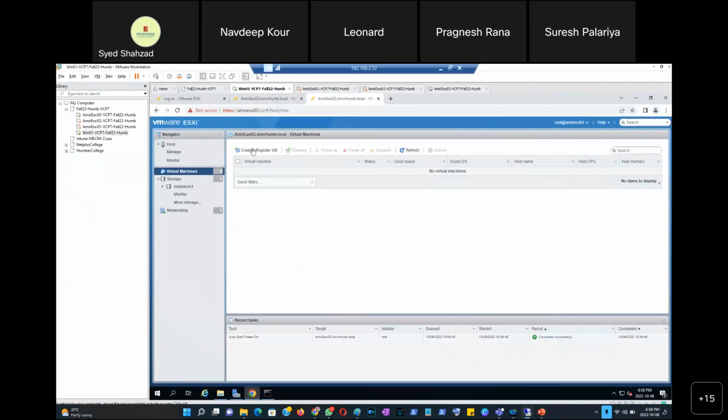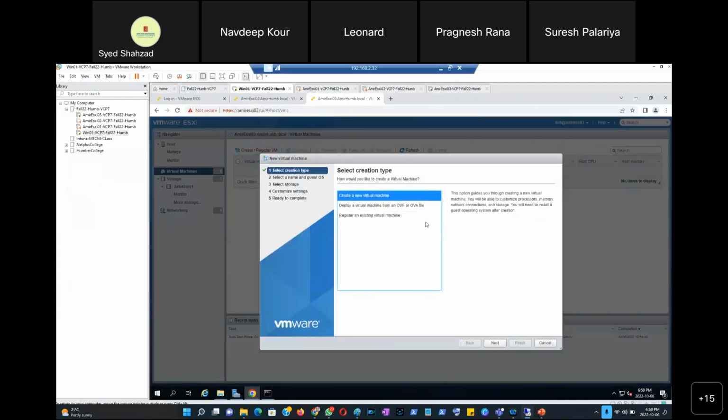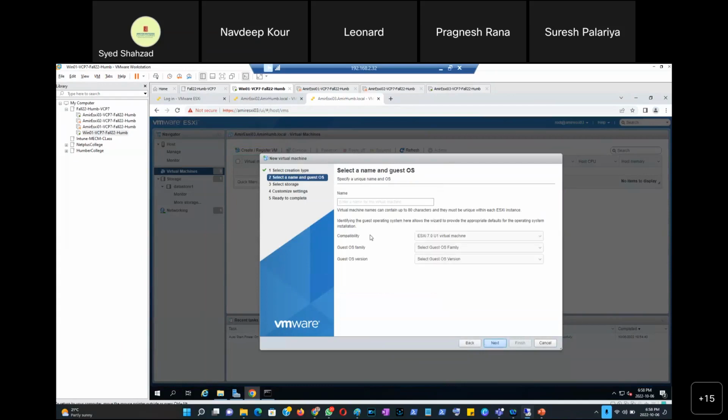Okay, so create new virtual machine here, select that. Later, we're going to go for OVF and OVA as well, which is just to import or export a virtual machine. I'm going to click next. So your first name, VM01. We talked about this compatibility and backward compatibility as well with all those older versions of VMware, but this